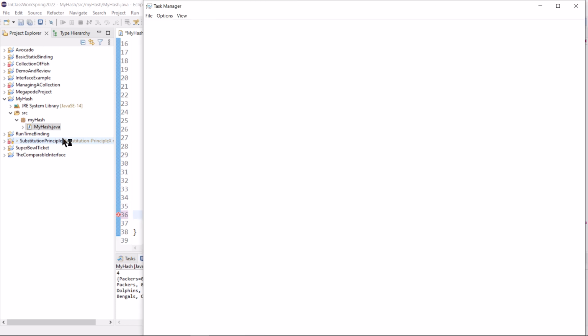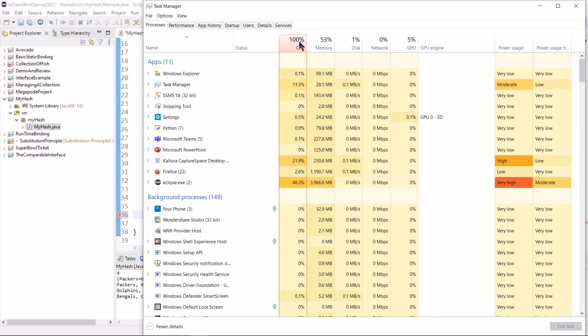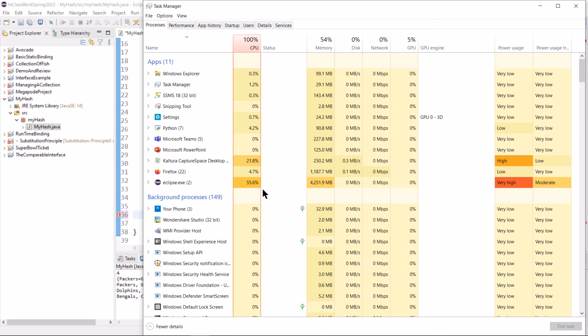I just want to show you Task Manager if possible. I'm having a hard time. If you look at the CPU usage, you can see it's spiked. Something very computationally intensive. There's no I/O that needs to be done, and it's just locked. And you can see that Eclipse is about 61%. So Eclipse is consuming a lot of power. It's consuming a lot of CPU time, and it's also consuming memory.